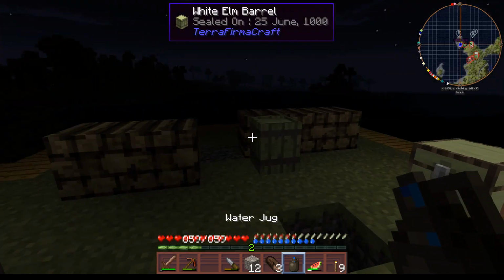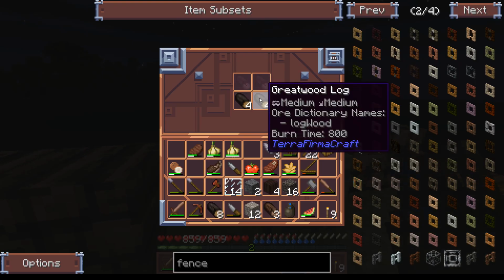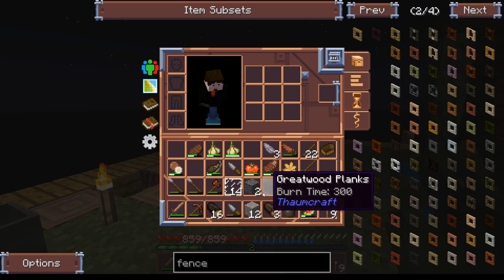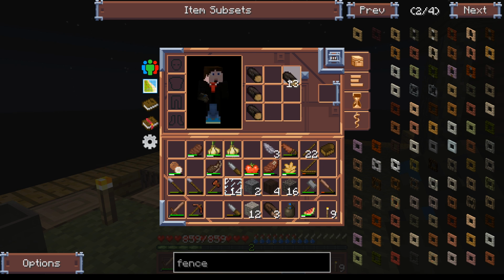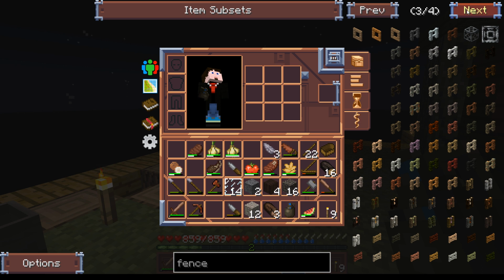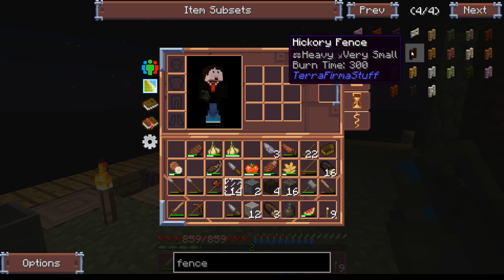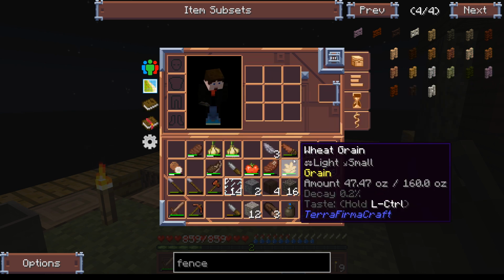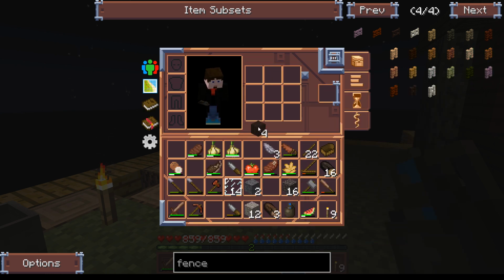Okay. Question. Great wood logs. I'm pressing C to craft, which is what we have in... No, we don't have great wood fence. Oh, we can do that. Okay. In which case,